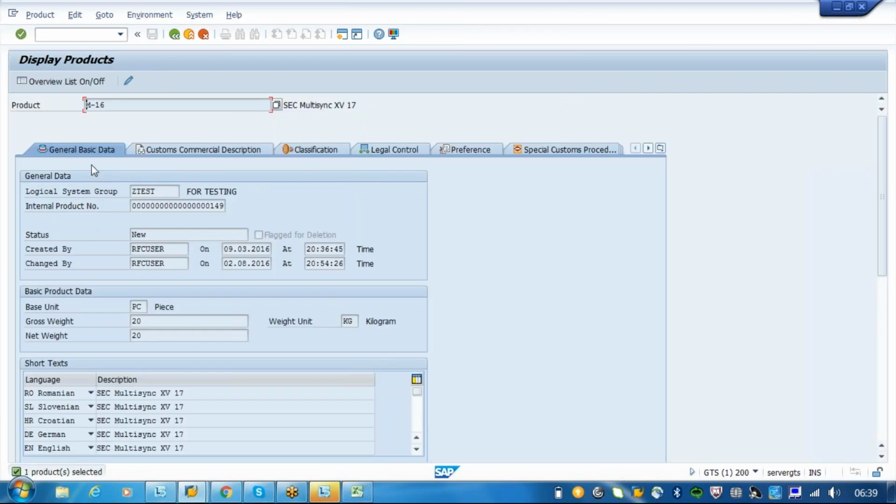General data is nothing but your unit of measure, description, and so on. Then there is customs data, classification data, legal control data, preferential and special status, and special customs processes.